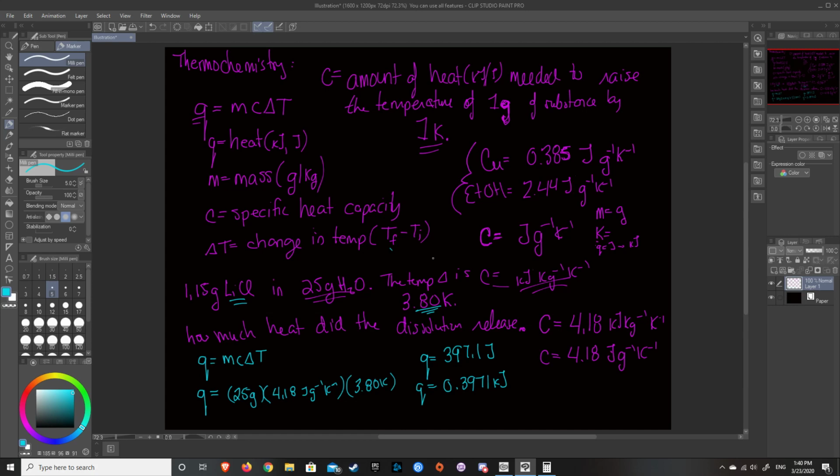The solution got hotter, so therefore it was exothermic, which means that our heat released is negative. So we've released 397.1 joules, or we've added 397.1 joules to the system. You can think about it either way you want, but in this case, Q should be